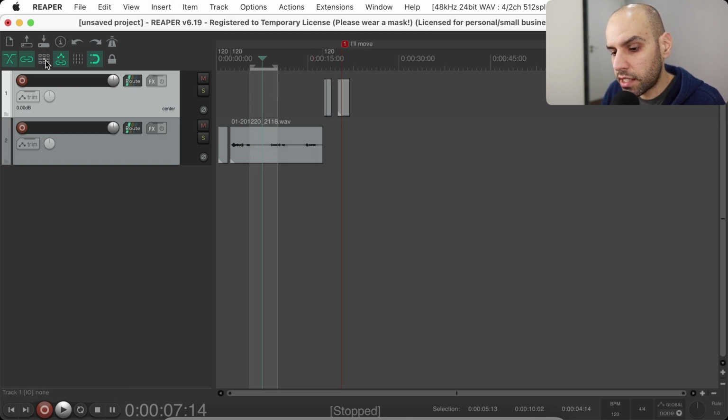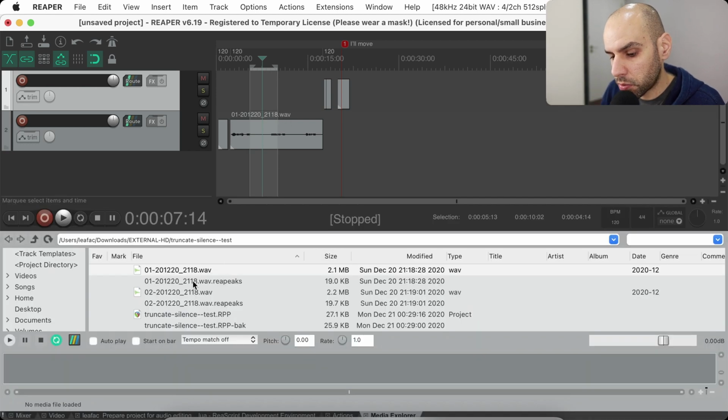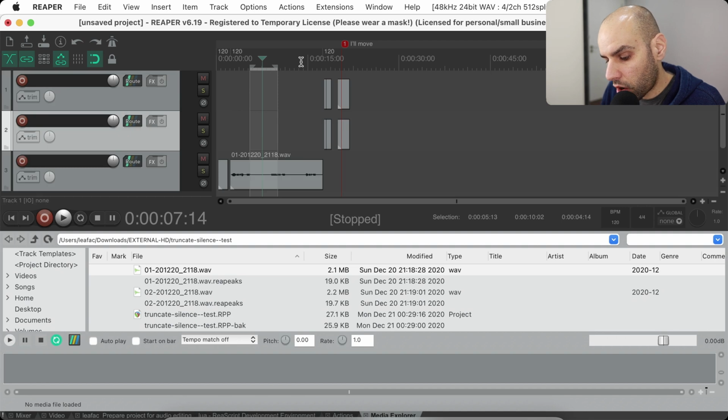So you don't even need that enabled if you don't want it enabled, which may be useful in some cases because you're just dropping in some new items. You're going into the media explorer, and maybe you have some B-roll or some sting of audio and you don't want everything to ripple all the time. So enabling this may not be what you want. But even if that is the case, you can always